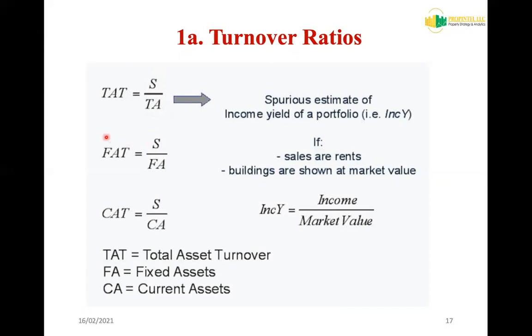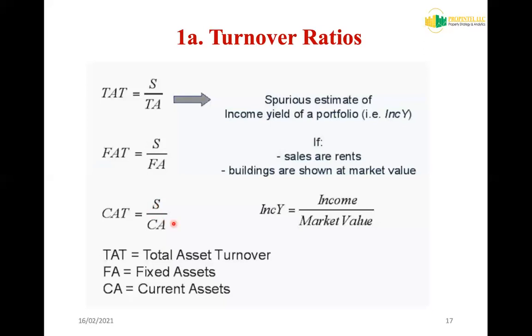And then the second kind of turnover ratio we will be looking at is the fixed asset turnover ratio. And this ratio can be computed by dividing the total revenues of a company by its fixed assets. And then the third kind of turnover ratio is what we refer to as the current asset turnover ratio. And this can be computed by dividing the revenues of a company or the sales of a company by its